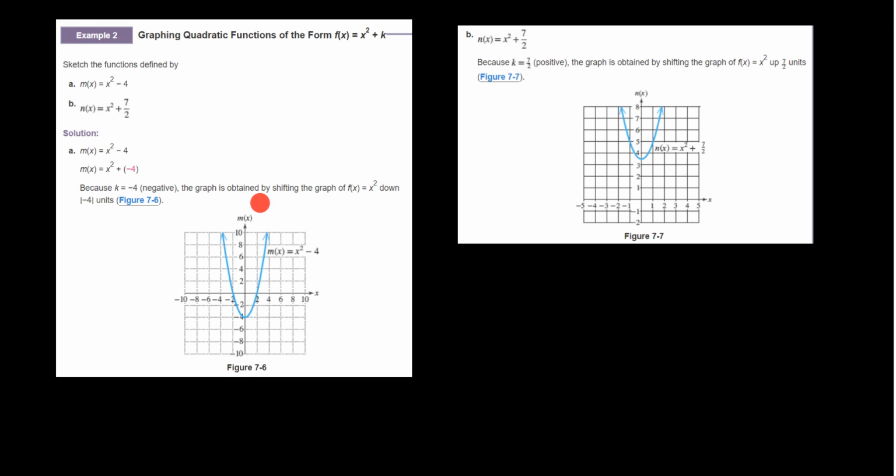Okay, and it looks like the hardest part about these two exercises, honestly, is to remember that x squared is basically just a parabola like this. Okay,